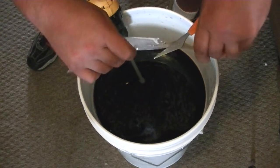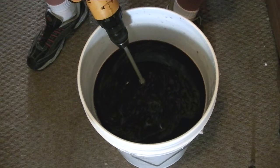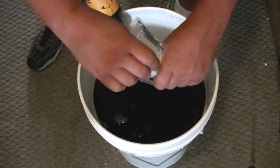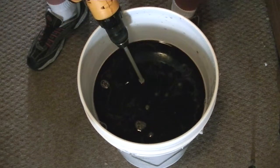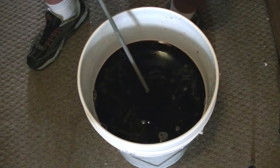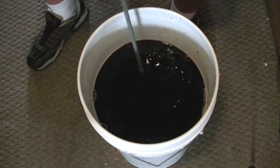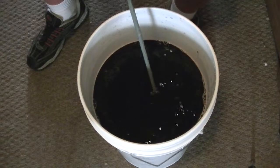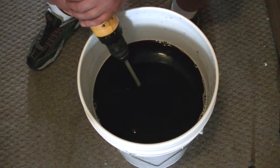So I'm going to cut this first bag open, and I need to get scissors that actually work. Okay, and all we do is try to get as much of it out of the packet as possible. And then it says to stir gently. Now I will use the drill and my paint mixer to stir it, but I turn the RPMs down. And there we go. Now, we have to wait an hour before we add packet 2 or the Chitosan,